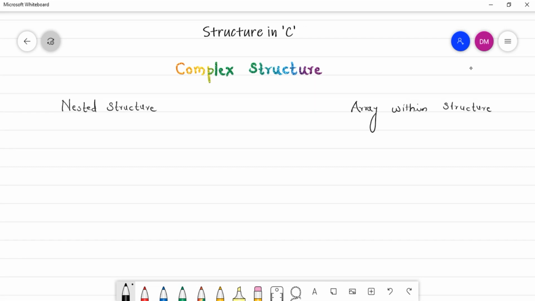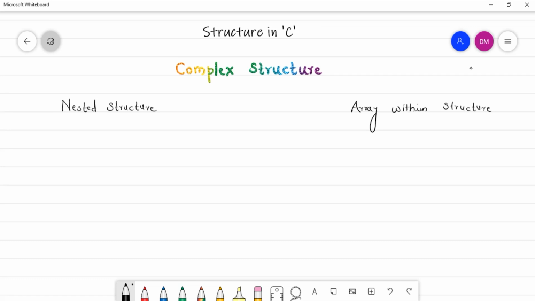So let us take an example one by one. First of all, we'll see the example of nested structure, and then we'll see an array within structure. Consider that you are storing the details of an employee and you want to store his or her joining date.